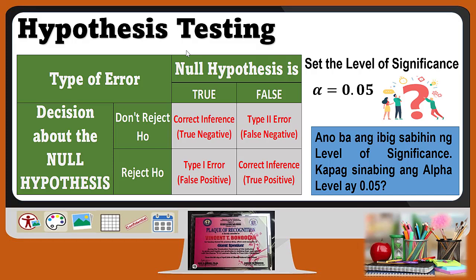And the type 2 error is the acceptance of the null hypothesis when it is false. Alright, so this is what it means. The statistical error or the type of error in a hypothesis testing is very important in a research or investigation. In our example,